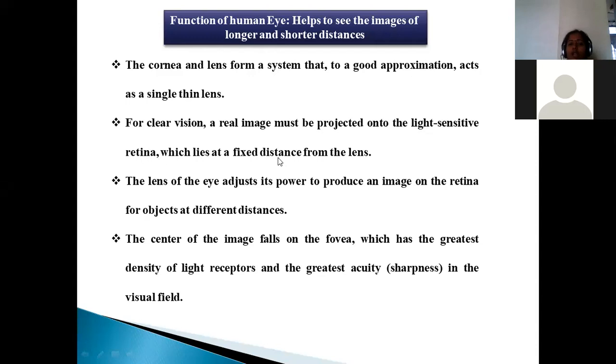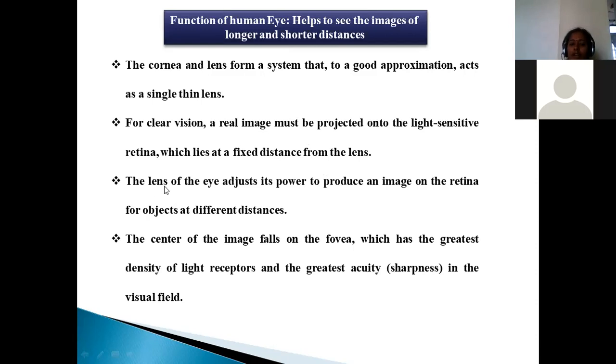If there is a slight deviation or any kind of disturbance, or abnormality in the distance between the cornea and our retina, what happens? There is a possibility of visionary defects. So visionary defects will be observed whenever the distance between the cornea and retina changes. The distance should be fixed. How much? A 2.5 centimeter distance should be there between the outer cornea and the inner retina. If that distance is fixed, you can observe the objects without any visionary defects.